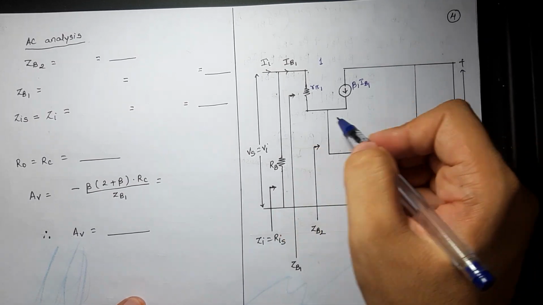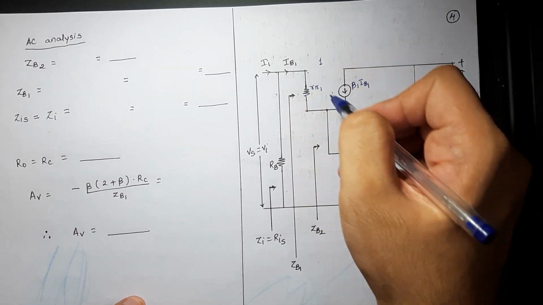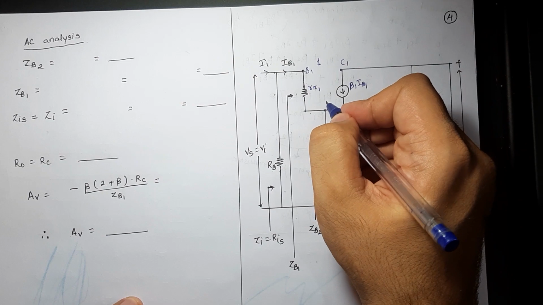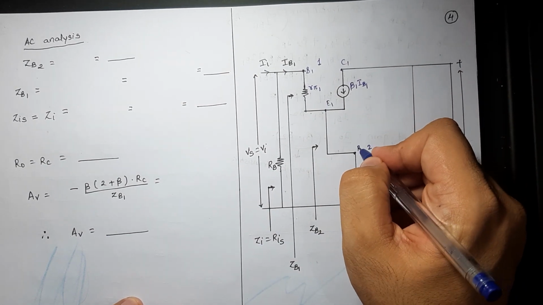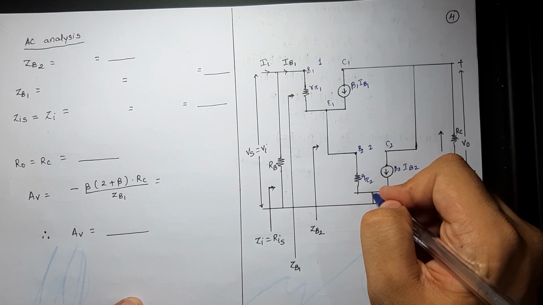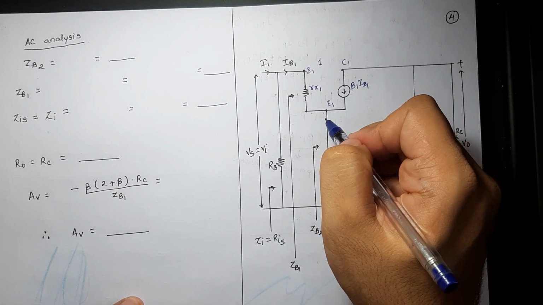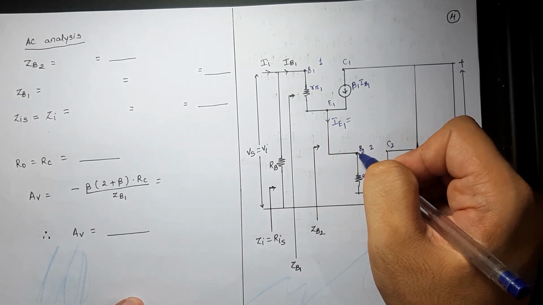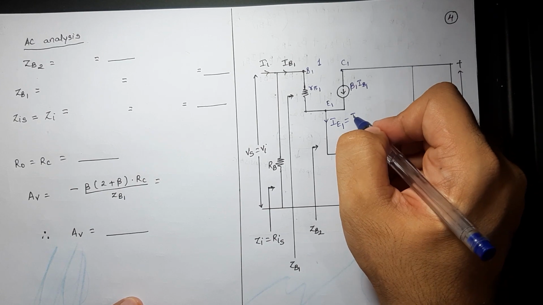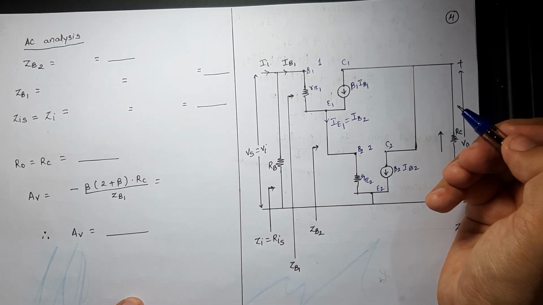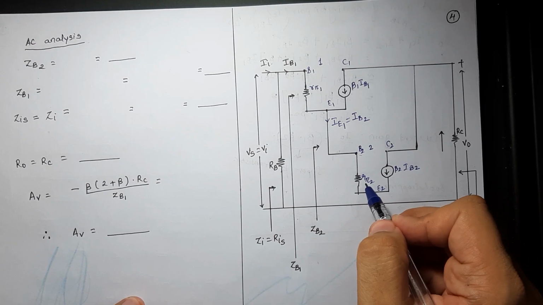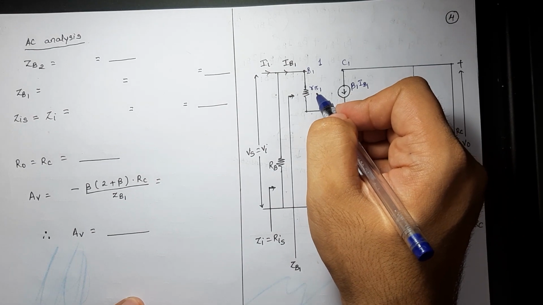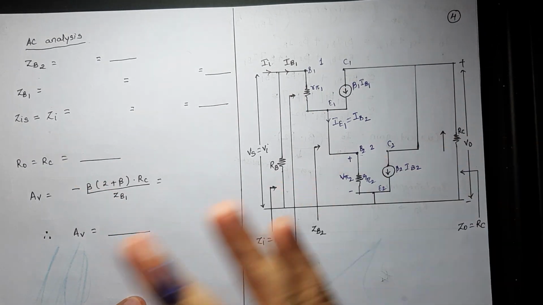Now the current, let's see, if this is IB1, I am having here B1, here C1, and here E1. Similarly over here I am having B2, I am having C2, and here I am having E2 in configuration. The current outgoing from this is IE1, which at a later stage becomes the input current to the second stage, hence which is also known as IB2. And if this is R pi 2, the voltage across that will be V pi 2. If this is R pi 1, we don't need to get into that complication as of now.